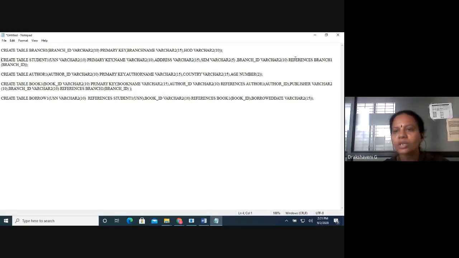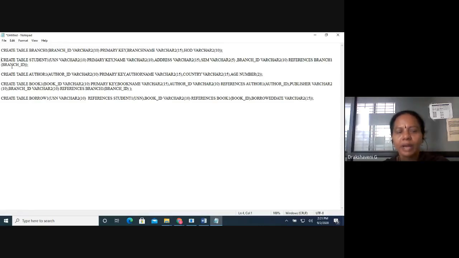How should I use it? I should use it with something called references. From which table am I referring? Branch ID, which is present in the branch table. I want that to be used in the student table. That's the reason: references branch1.